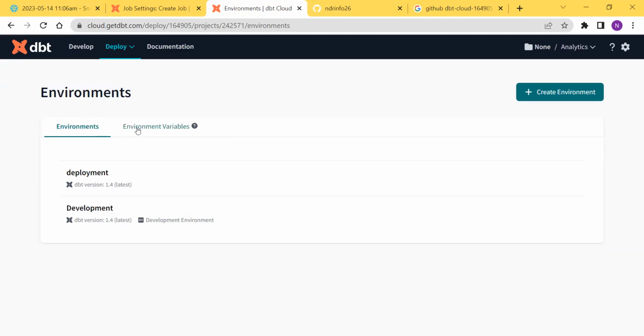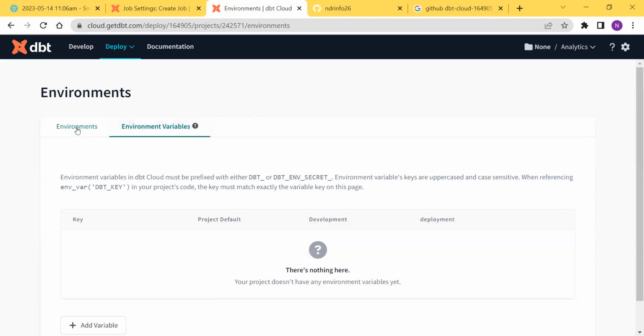Like the user UAT thing. So we do have two environments now, deployment and UAT. So if you have not given any schema name, I'm just taking the schema name as an example here. There are more you can work on, but let's say,